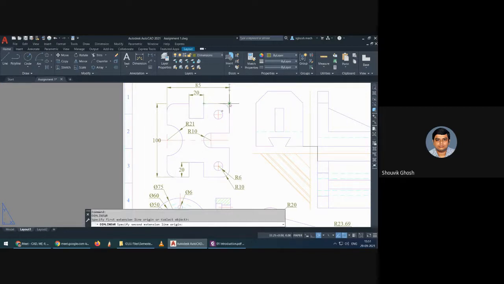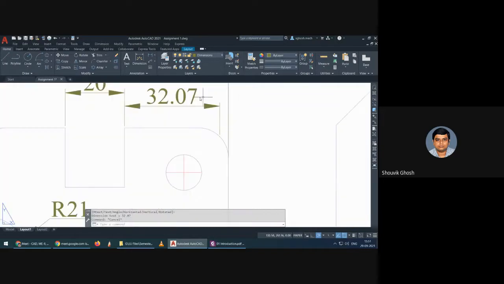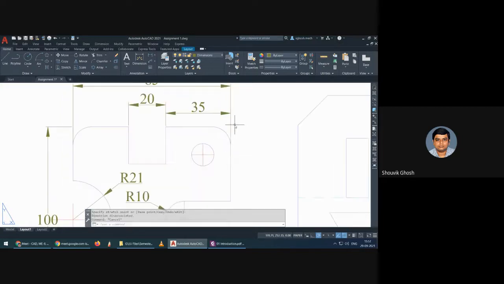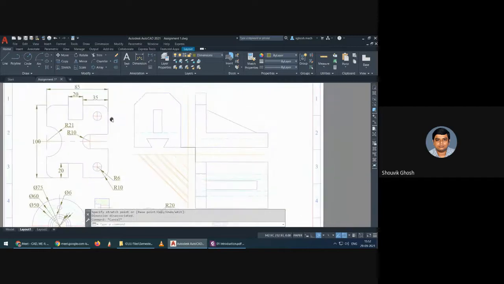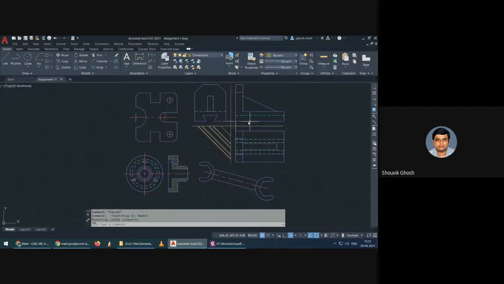Then if you need this value, yes, 35. Again coming over here. Oh, we forgot to delete those additional lines.